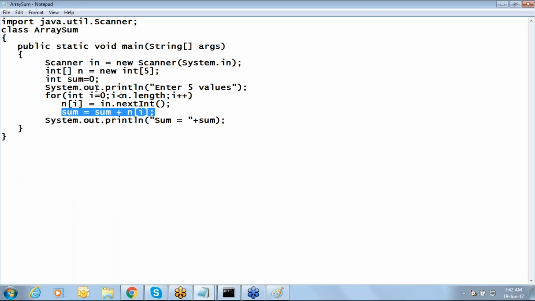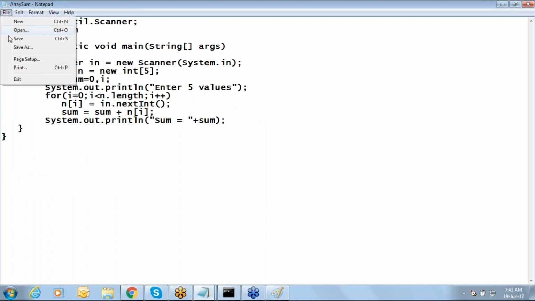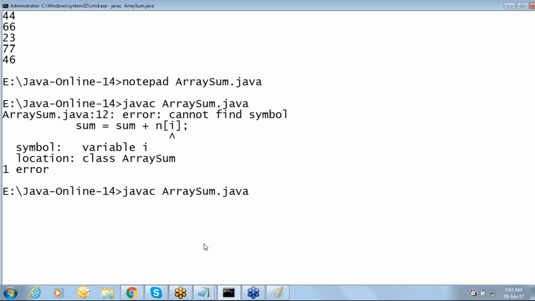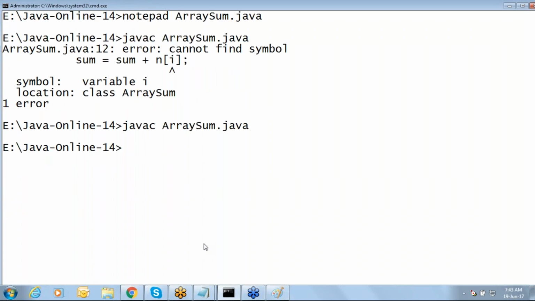Let me declare the i variable outside. Means I can use i variable in the complete main method. I'll remove this integer here. Now will it go with compile time error now? No compile time error because I have declared i variable, so I can use here also. Let me compile and run this. When you compile, no compile time error. But when you run,